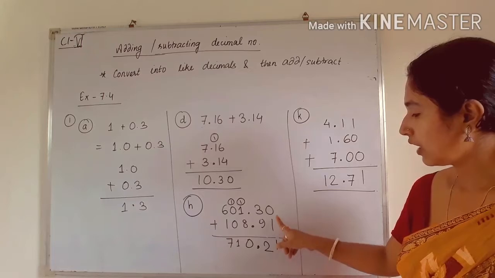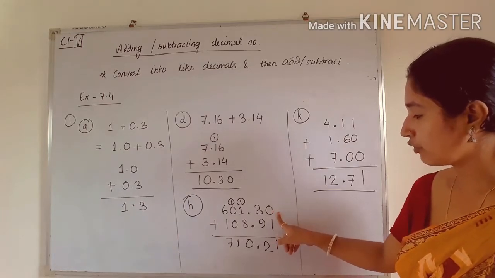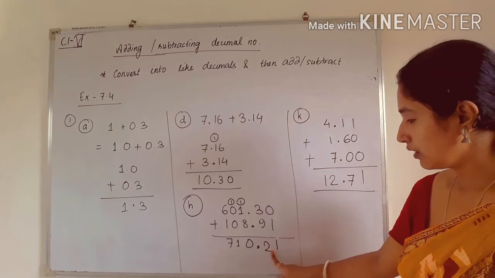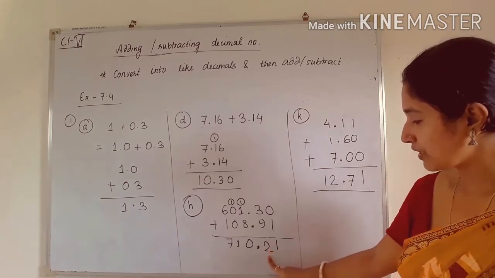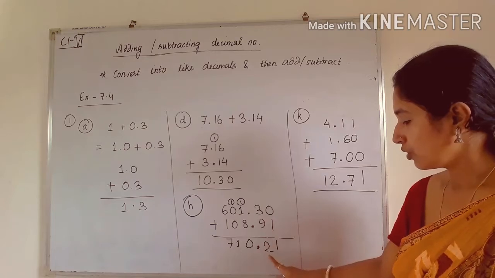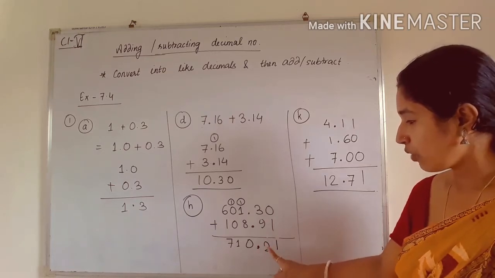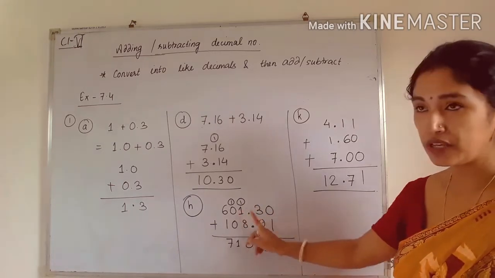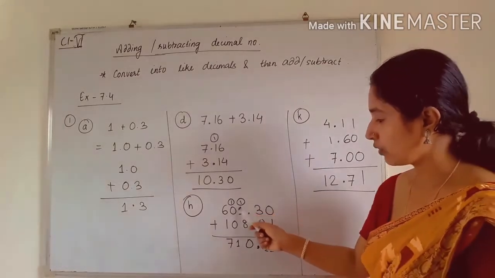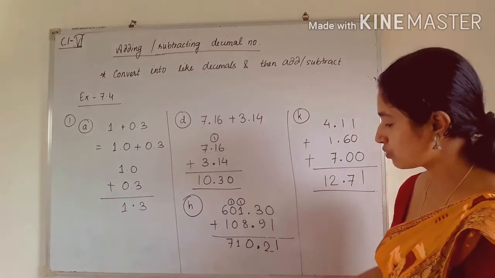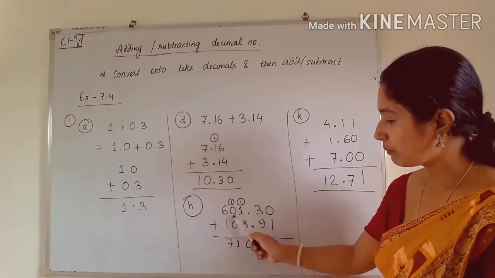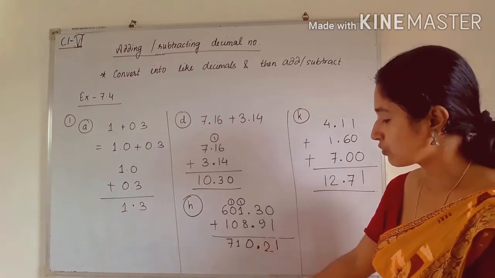So 0 plus 1 will be 1, 9 plus 3 is 12, so 2 should be placed here. Then you put the decimal point, and after adding we are getting 12, so 1 should be carried over to the next place, which is ones. 1 plus 1 will be 2, 2 plus 8 is 10, so 0, carrying 1, 1 plus 0 will be 1, 6 plus 1 will be 7,